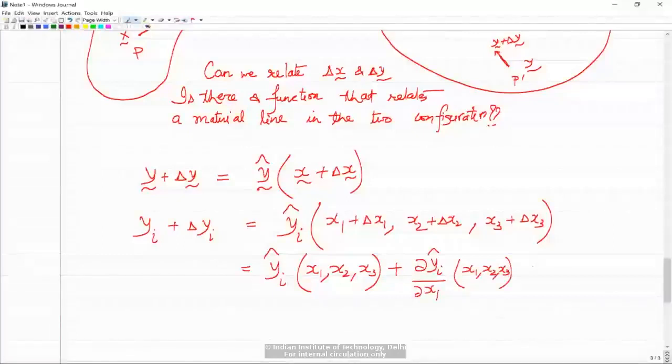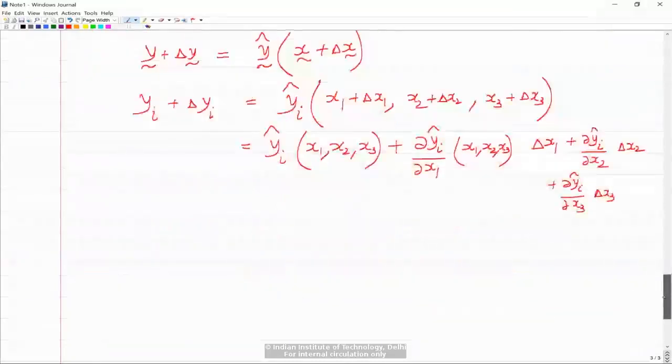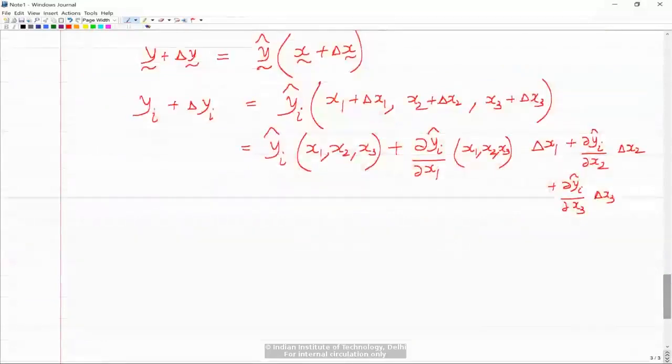And this has to be multiplied with the change in the x1 coordinate, which is simply delta x1, right? Then you have the other ones, del yi hat over del x2 into delta x2 plus del yi hat over del x3 into delta x3. Okay,